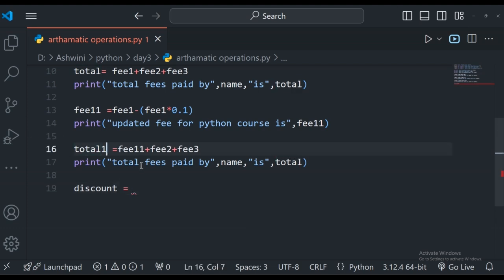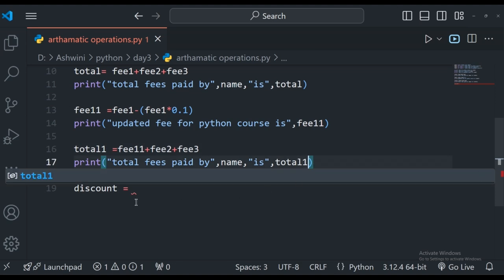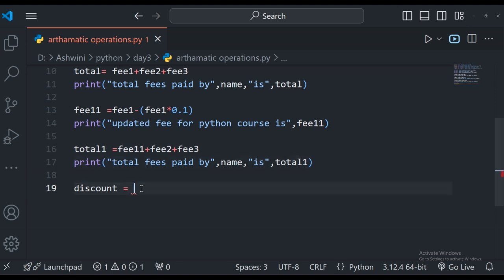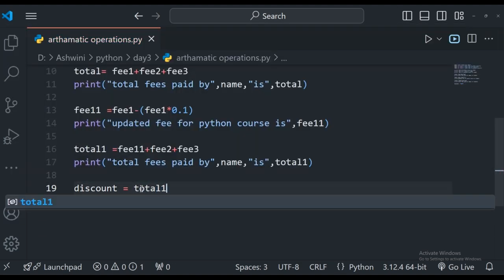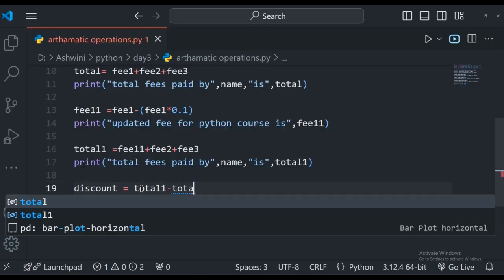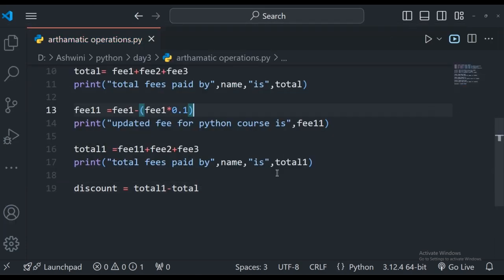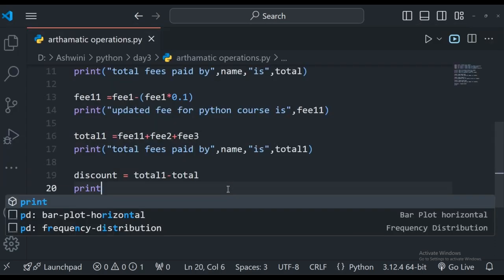So that I can differentiate how much I am getting, let me say it is equal to total 1 minus the total. Okay, so I can do that. It is going to give me total 1 minus total. Let me just print a statement saying